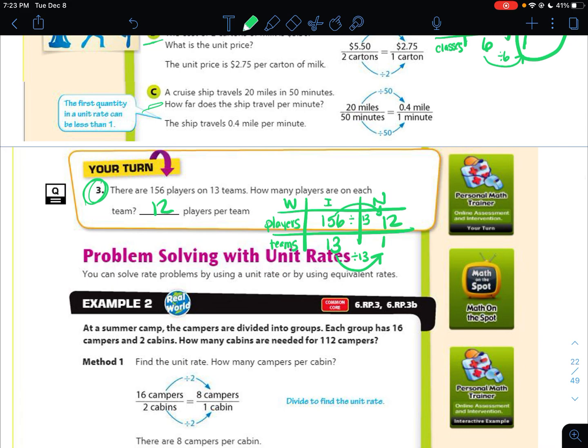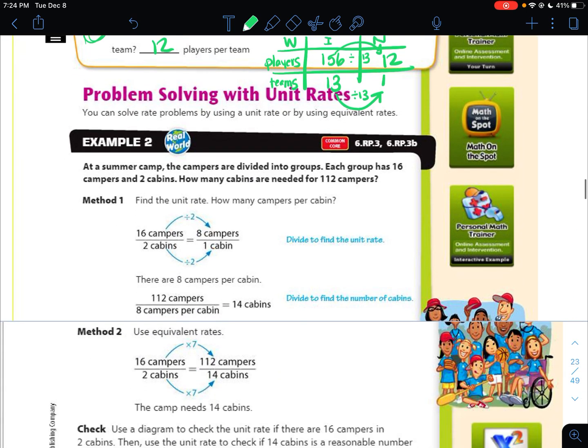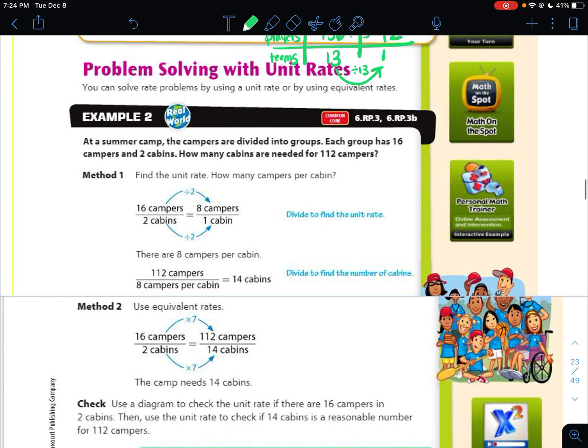Very often, other than me just telling you to find the unit rate of this or find how many players are on 1 team, the unit rate can actually be used to solve problems. The book gives you this lovely picture of solving this problem, but I'm actually going to show you how to use the hashtag. So at a summer camp, the campers are divided into groups. Each group has 16 campers and 2 cabins. How many cabins are needed for